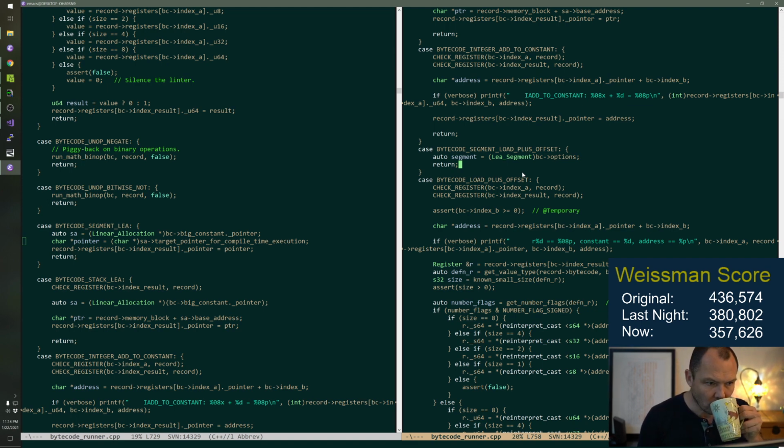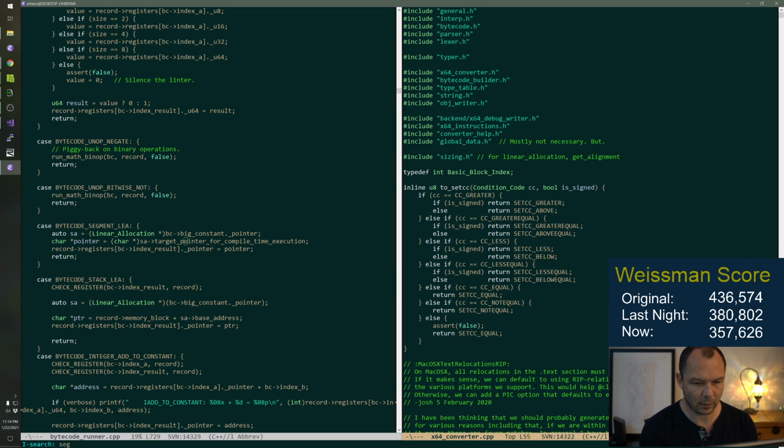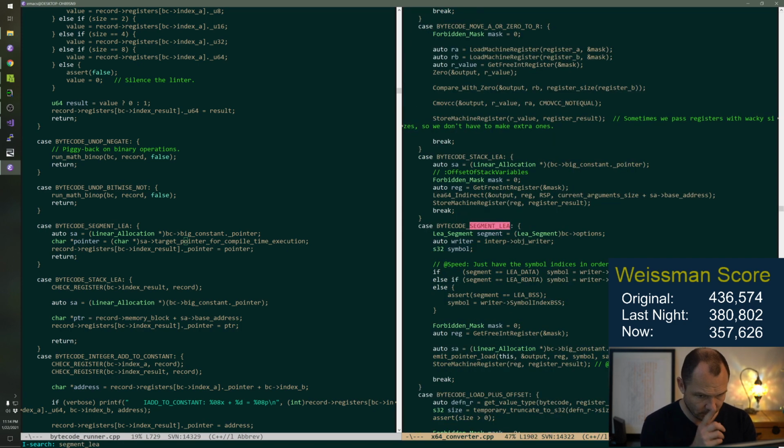Now, segment Lee here just stores the stack allocation, but that's because that has information.